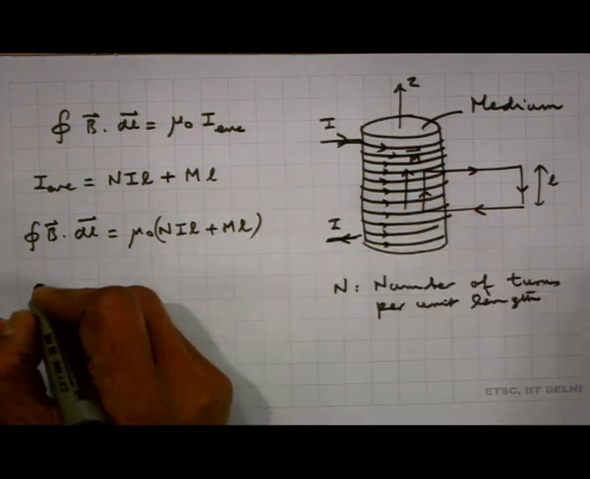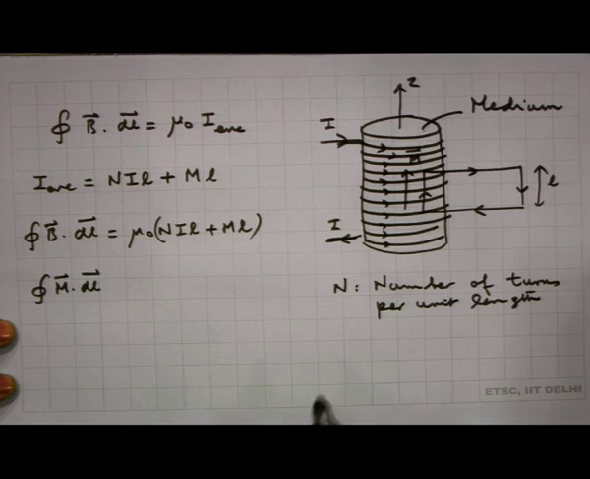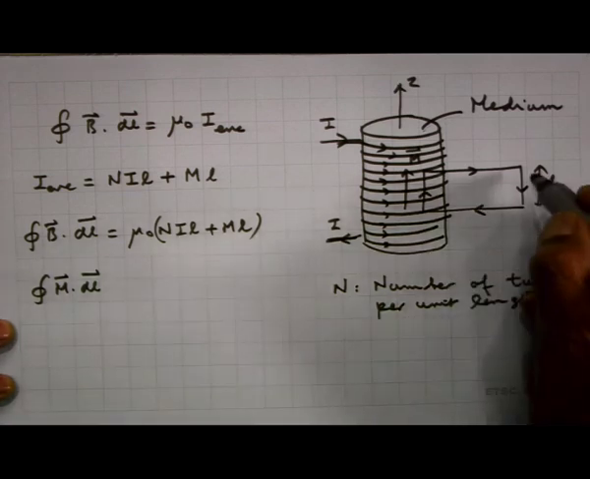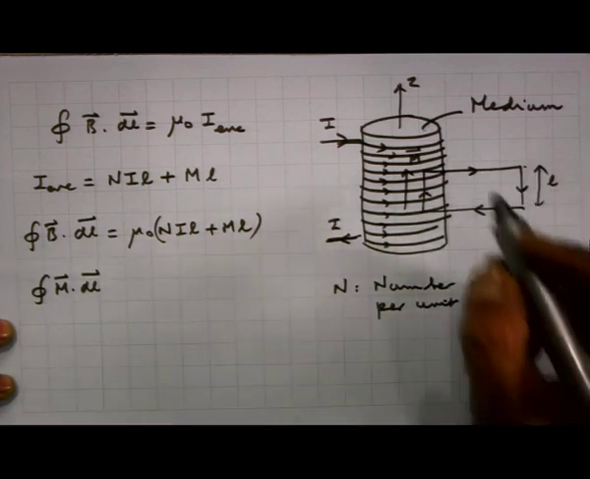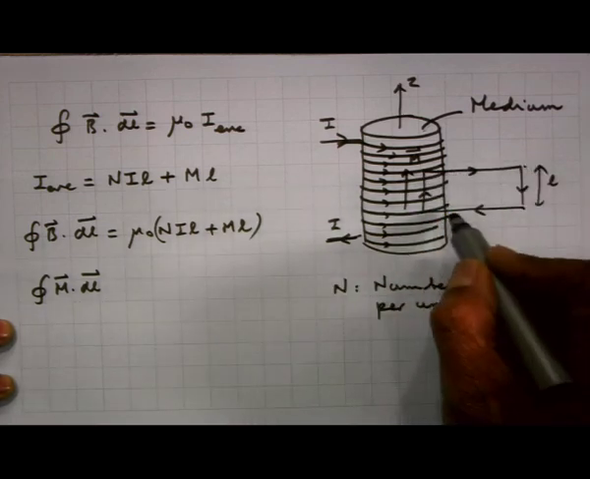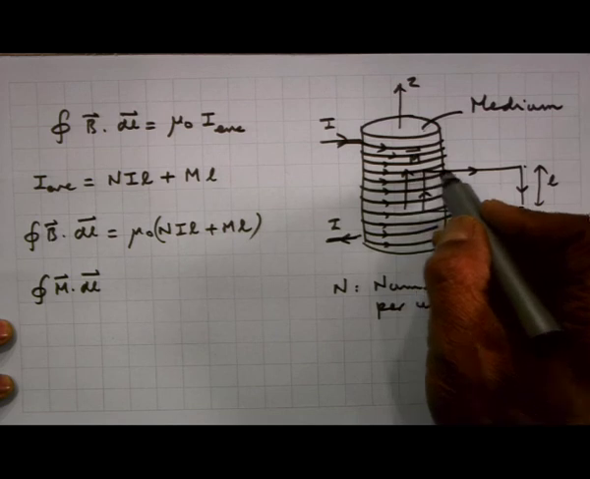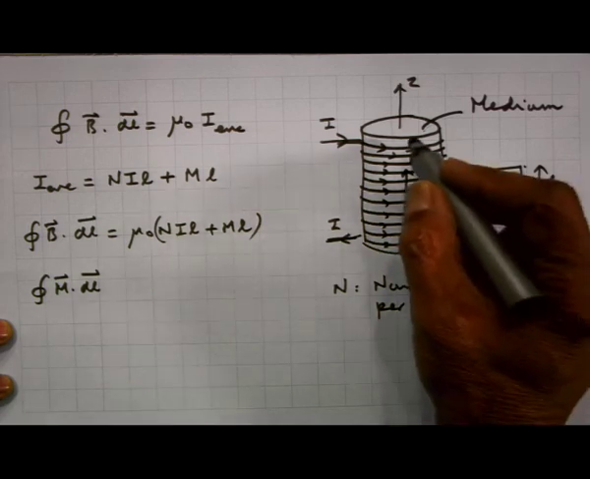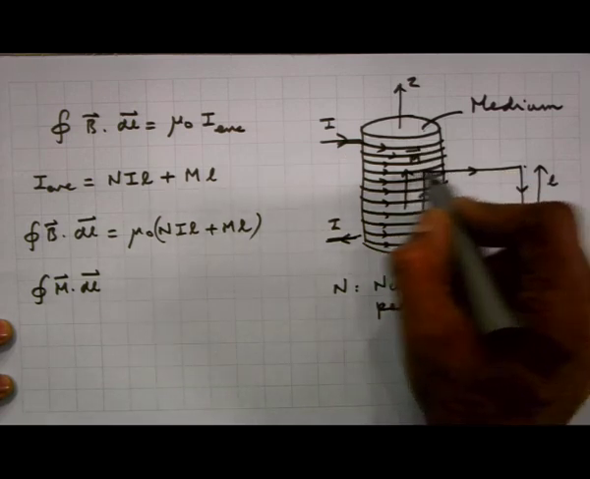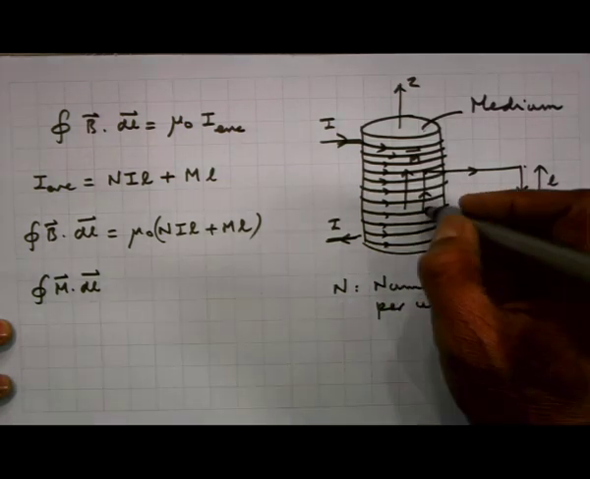Now, let me try to calculate the integral of M dot dl over the same loop. Remember, outside the solenoid there is no magnetization because there is no medium. So, on this part of the loop, the integral will give me 0. On these parts which are outside the solenoid, again M is 0, so there is no contribution to the integral. On these two parts which are lying within the medium, M is perpendicular to dl, because M is vertical and dl is in the perpendicular direction. So, M dot dl contribution from here and from here becomes 0, and the only contribution comes from this part